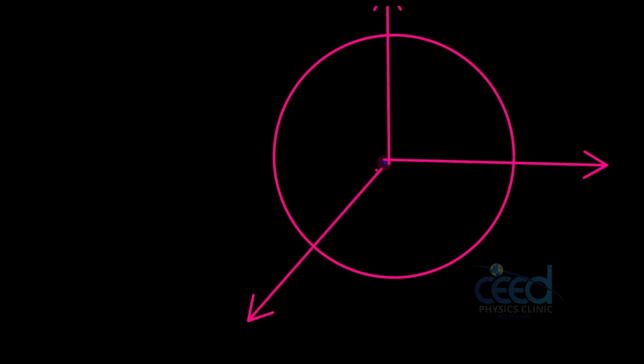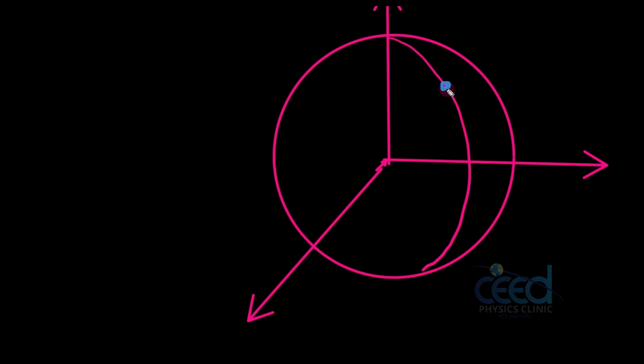so let me draw another diagram. So see, this is again a circle. Now again I am drawing the axis. Okay, now see, if you consider a point here as we considered before.